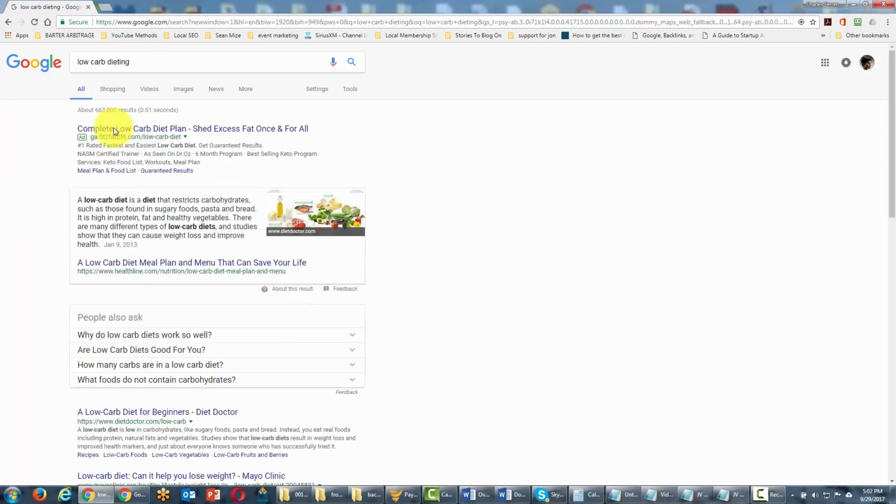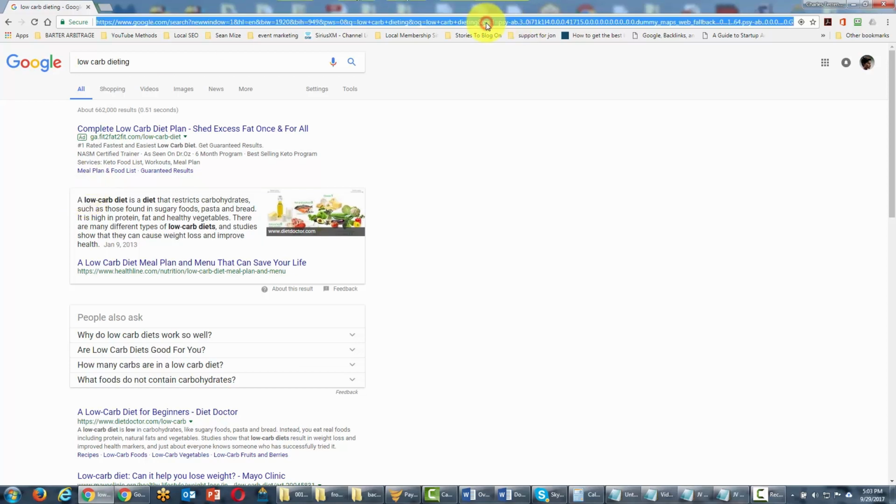Typically, when you are doing a search, Google will attempt to bring you the most relevant results. And in some cases, it may or may not bring back the exact word. In this particular case, you can see that where the search term is dieting, in some cases, Google brings back low carb diet, believing that this is most relevant. However, we may very well want our search to reflect only low carb dieting,